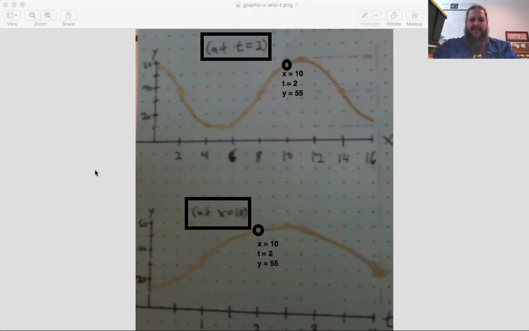As time passes, yeah, if we go a little bit into the future, because remember on this graph, left means into the past, right means into the future. So a little bit into the future, we're now at a slightly higher y value. So we can interpret this, that specifically this positive slope, as the fact that this point is on its way up. Going back to the x graph, now that we know this is 55 on its way up,